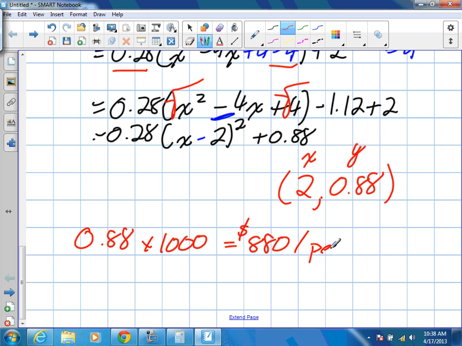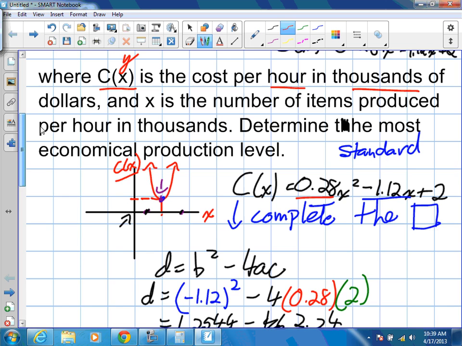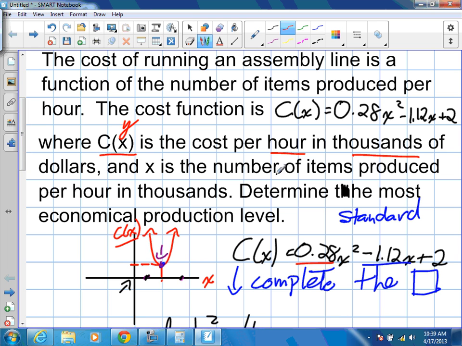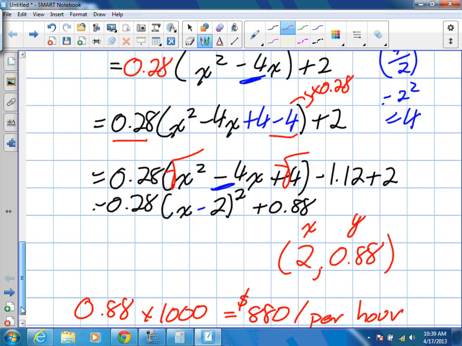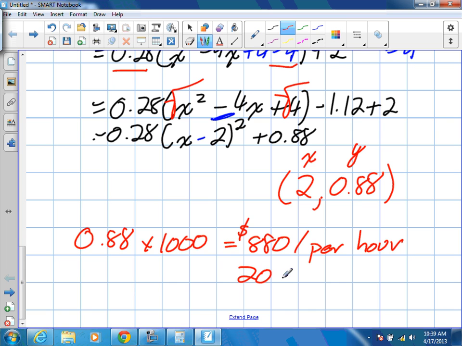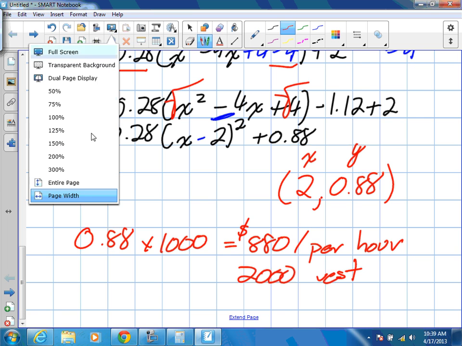For how many products though? X is the number of items produced per hour in thousands. So how many things do they produce? They produce 2,000 vests, let's say. We're saying they're making vests. So it costs them $880 per hour to produce 2,000 vests per hour, and that will be their most economical